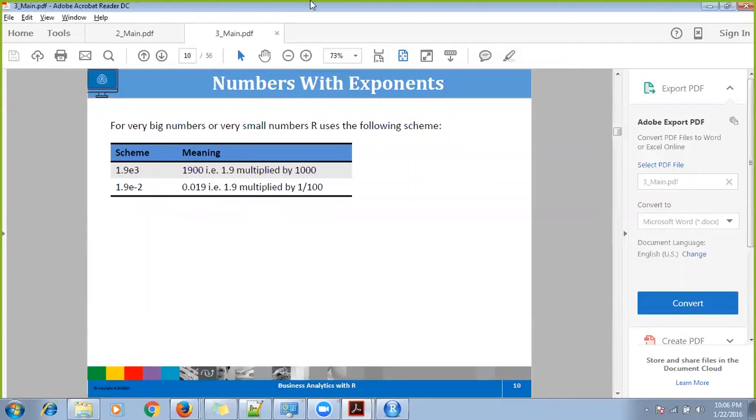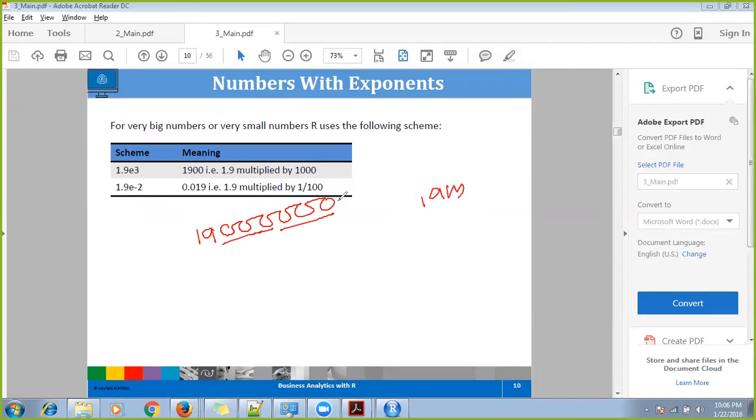Let's take a better example, 19 million. I have written it like this.